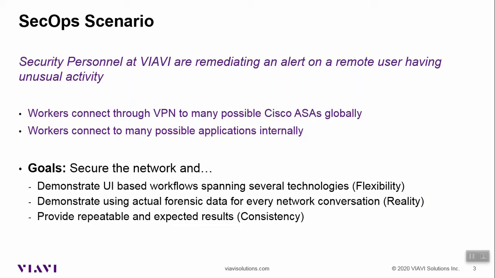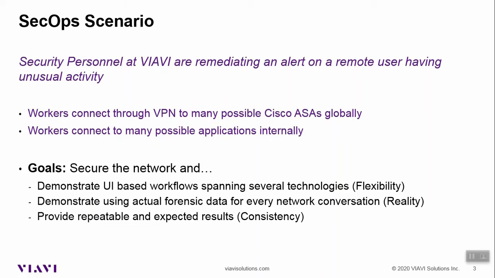Related to the goal of flexibility, it's important that not just several vendors and several types of technology are merged in with your tools, but actually that those tools are able to be used by different groups and many people within those groups that are easy to use. So we're going to have an example here of how this exact same tool can be used by security personnel. The supply chain attack through SolarWinds is a great example of why it's critical to have forensic historical data. Without it, remediation of the event goes from quick and easy to very difficult or even impossible.